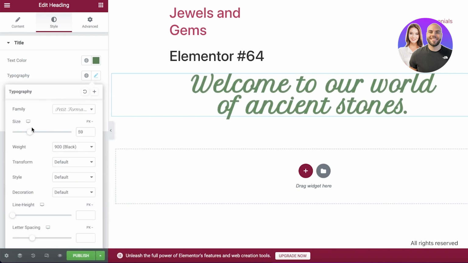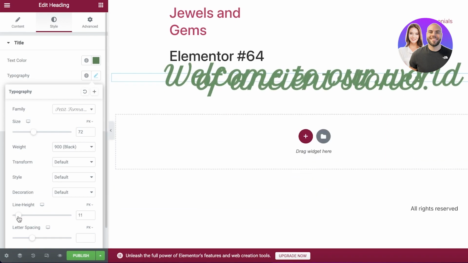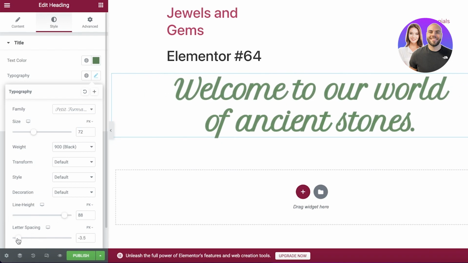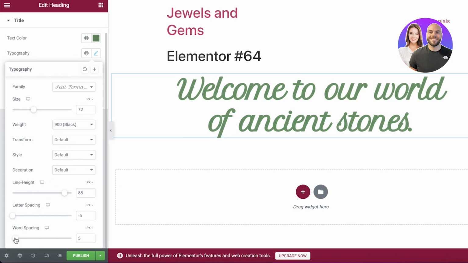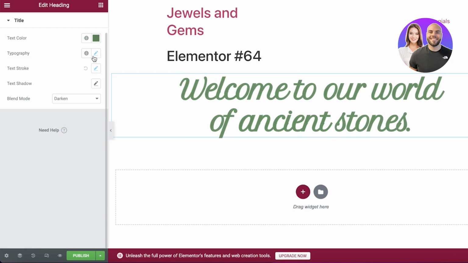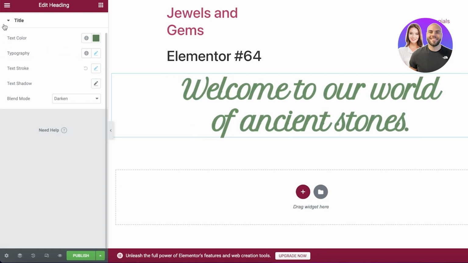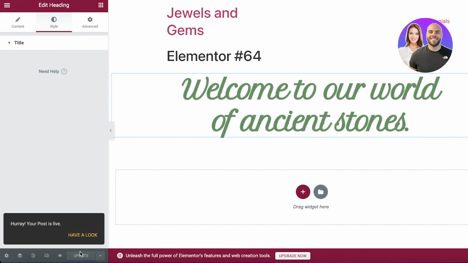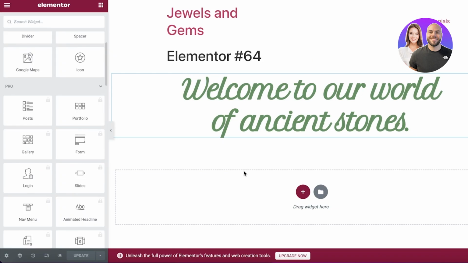Now I'm going to go back into the typography, increase the font size a little, and I'm just going to space it out. And you can increase or decrease the letter spacing as well. You can really customize however you want, but I'm just customizing my text over here like so. And once I've done that, I can go back and click on publish on the bottom of my Elementor widget, and now I can go back into my builder and I can click on over here and begin adding more